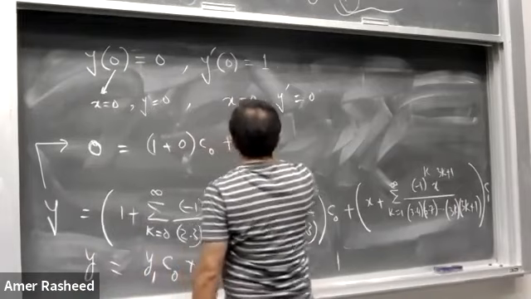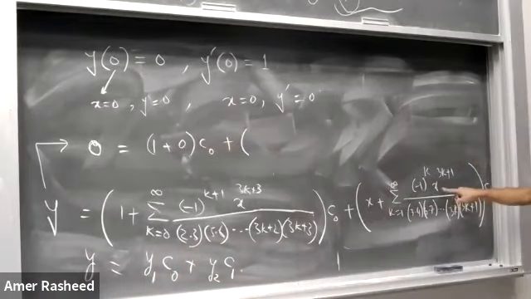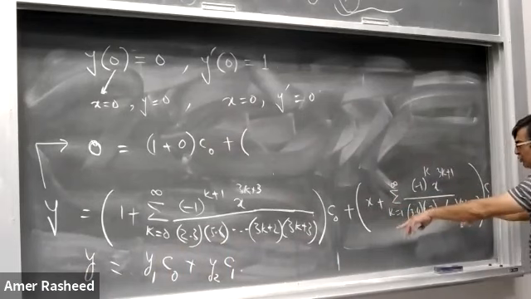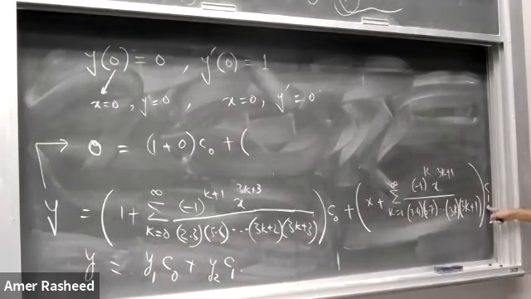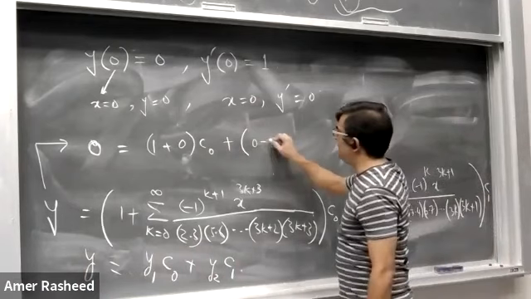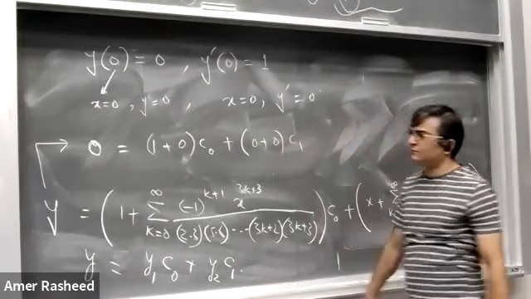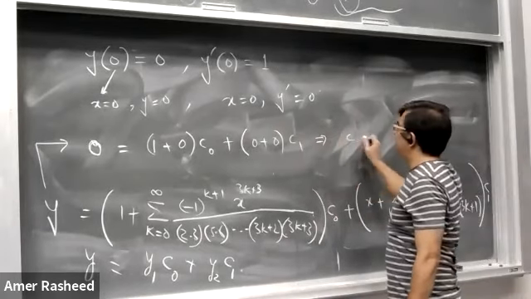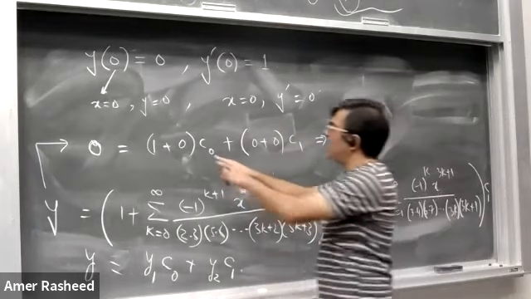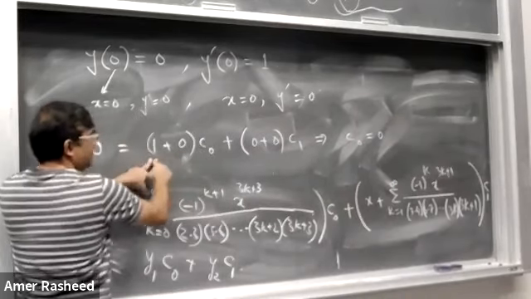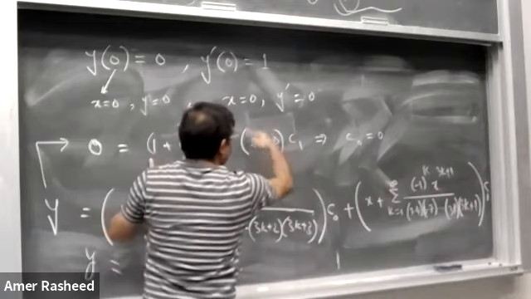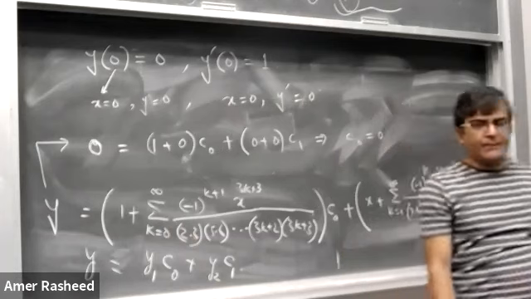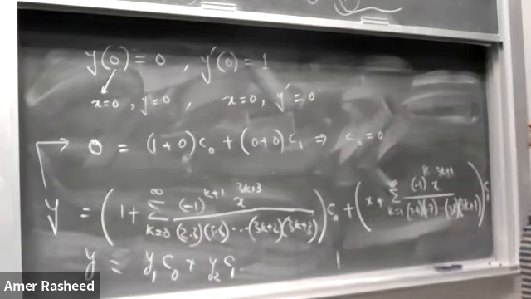प्लस यहाँ पे देखिए x और यहाँ पे भी x है। जब x 0 पुट होगा तो ये दोनों टर्म 0 हो जाएंगी। जब ये दोनों टर्म 0 होंगी तो आपके पास c1 एलिमिनेट हो जाएगा। तो ये 0 प्लस 0 इंटू c1। इसका मतलब क्या है कि यहां से आपके पास c नॉट की वैल्यू 0 आती है, क्योंकि यहाँ पे c नॉट इंटू 1 c नॉट आ जाएगा और ये वाला एलिमिनेट हो जाएगा। व्हाट डू यू गेट? c नॉट इज इक्वल टू 0। तो पहला कोफिशिएंट आपके पास आ गया।